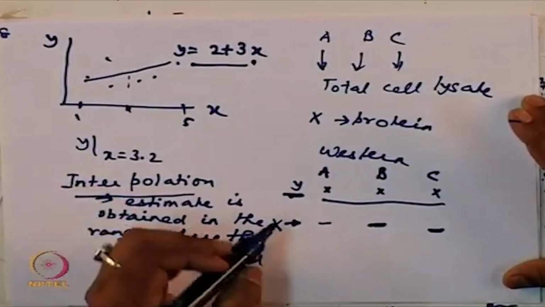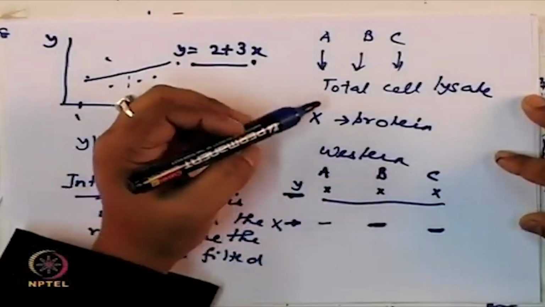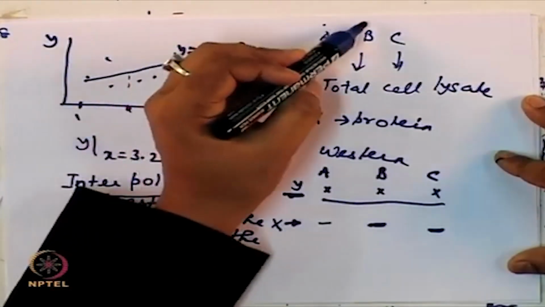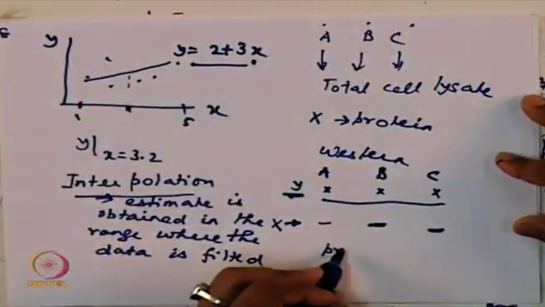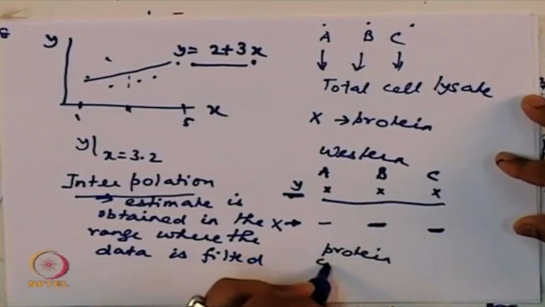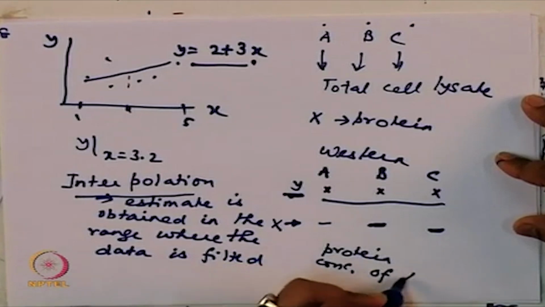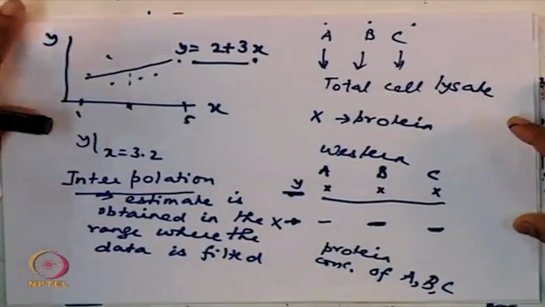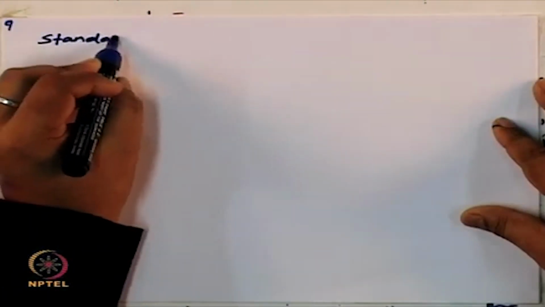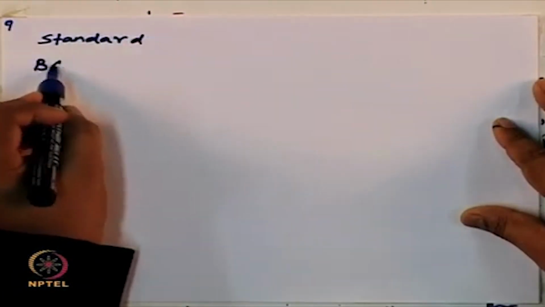Okay. So, which means that you want to know the protein concentration of each of the samples A, B, and C. So, the question to begin with: you want to estimate the protein concentrations of A, B, and C. Okay. So, how do you do it? What you do is you use something called a standard,